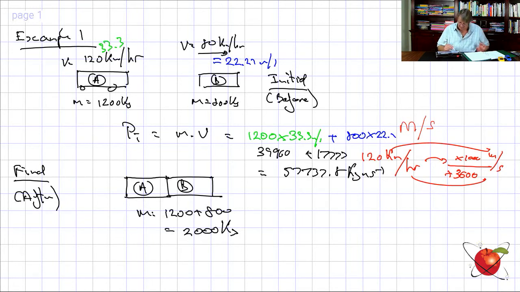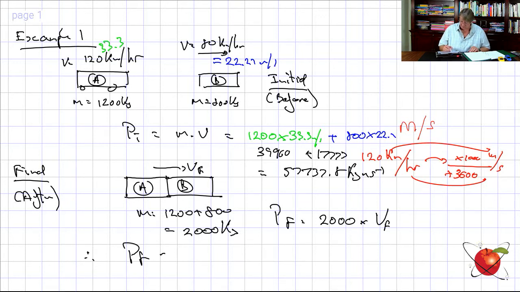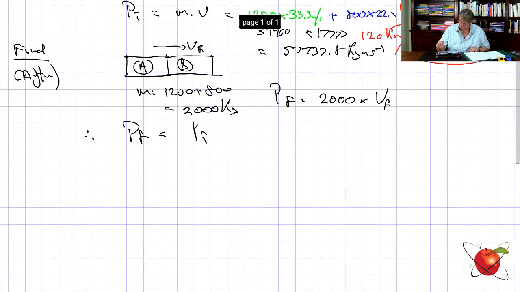Then I calculate P final. So I say, okay, P final is equal to 2,000 times V final, but I don't know it. So 2,000 times V final is that. The next step is I put the two equal to each other. Therefore, P final must be equal to P initial. Okay, let me move up a little bit here. And therefore,